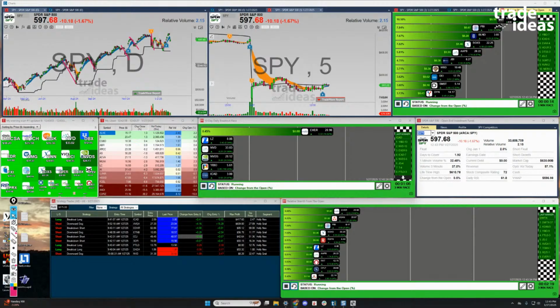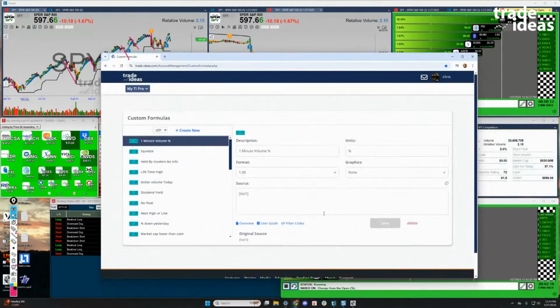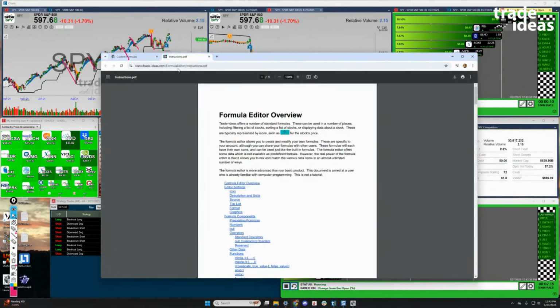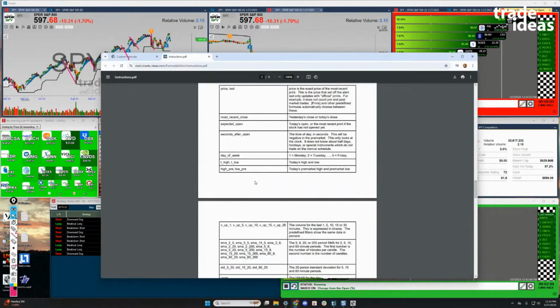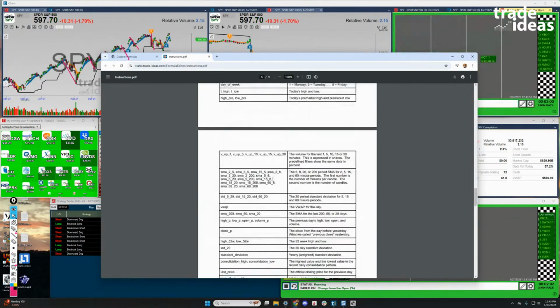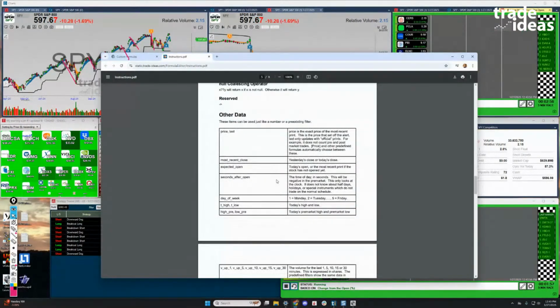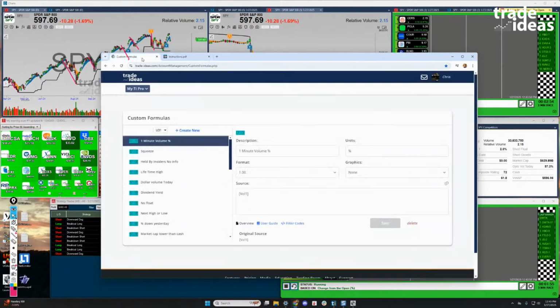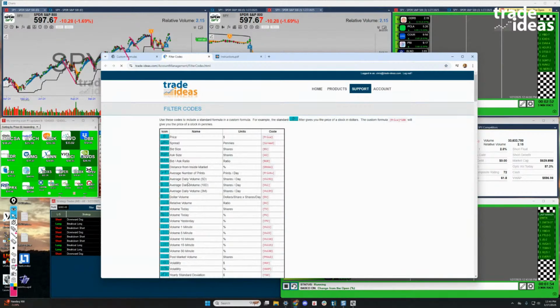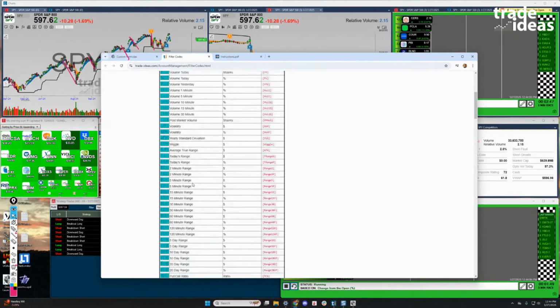What do I mean by all this? I like this page to demonstrate it. There's this overview page, and I'll share a link to it. It has instructions about how a lot of this works. There are a few short codes in here as well. Some of them don't exist as normal filters within the system, so these are short codes you can add yourself if you want for data points. And then there's the majority of the codes. These are all of our filter codes in here, so you can see the code, the units, the name of the filter, and so on and so forth.